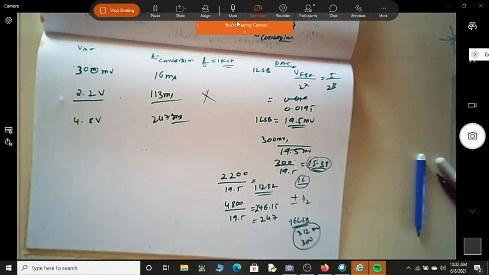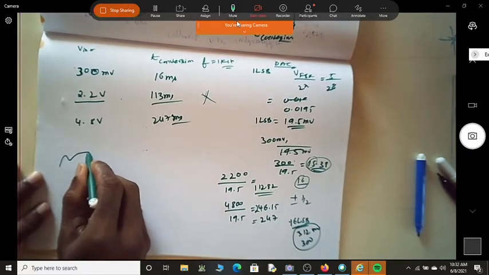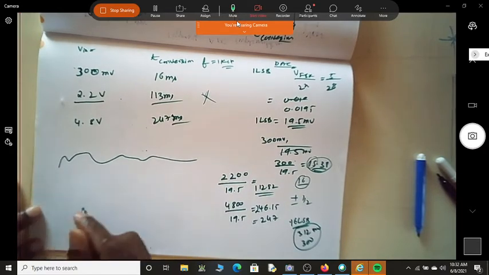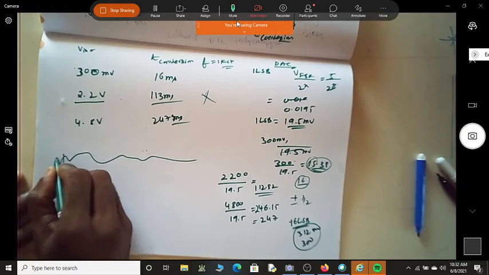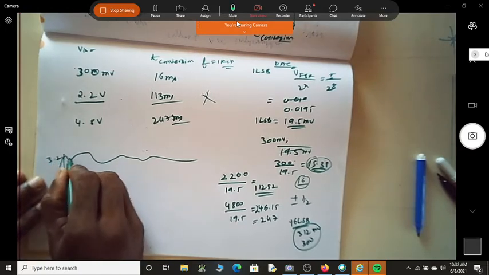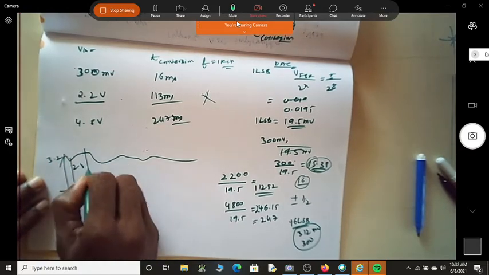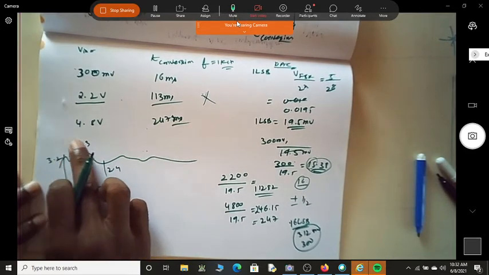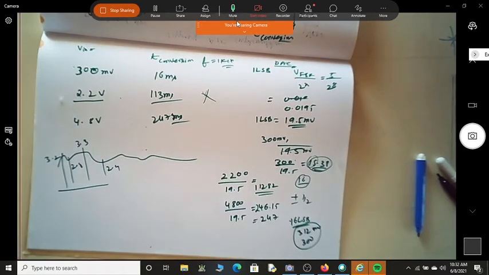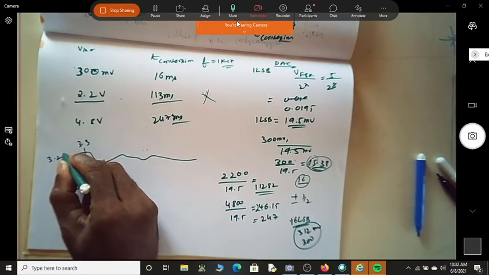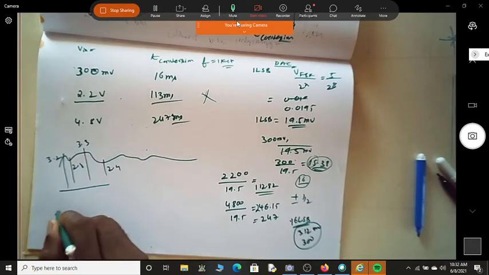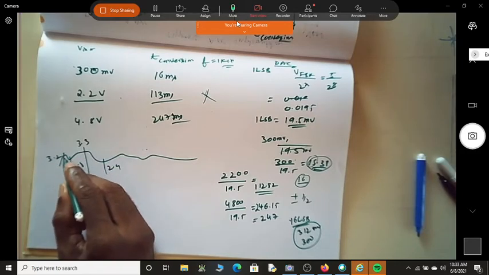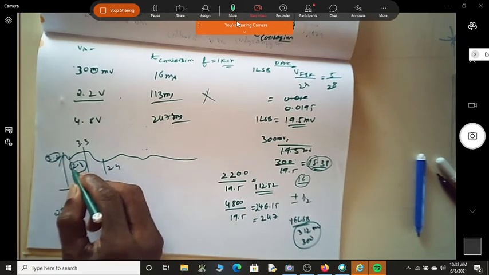Assume that you have something like this, this type of variation. Assume that here it is 3.2, then it is now 2.8, then it is 3.3, then it is 2.4. Suppose the variation is like this. So instead of starting from 0, 0, 0, maybe initially it can start from 0, 0, 0, from 3.2 to 2.8.